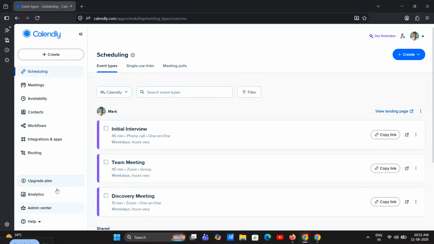If you want to use Calendly with multiple users, whether that means inviting teammates, sharing scheduling workload, or creating team events, this video will walk you through the full process step by step. By the end, you'll know how to add users, choose the right team scheduling type, and publish a working multi-user